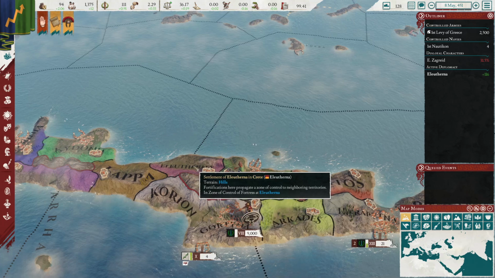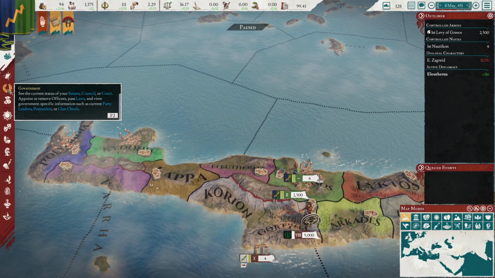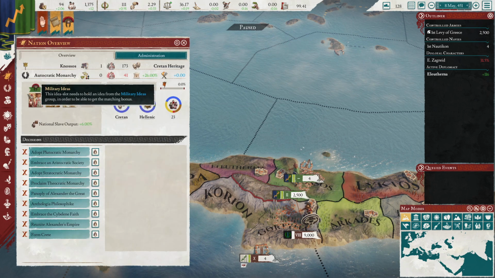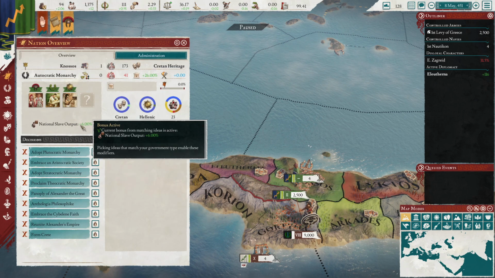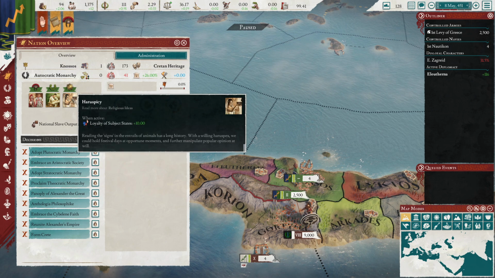Now, we did say that our guy here doesn't want to join because he's not very loyal. Now, this is where I'm going to show you guys a little trick. Now, I said I wanted the little bonus here for the slave output, right? I make enough gold. I don't think the 6% here is going to change much, but there is something